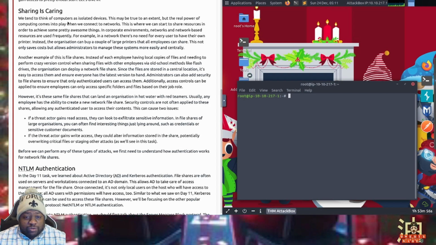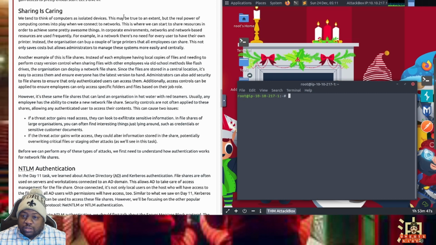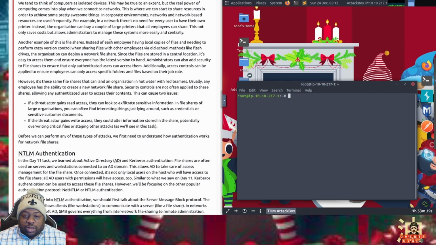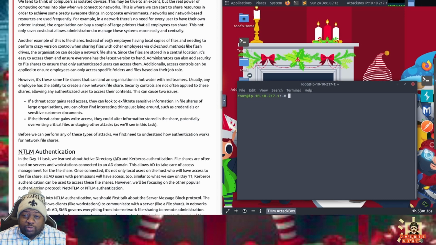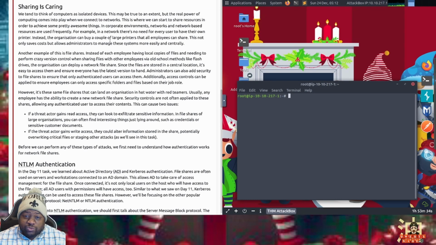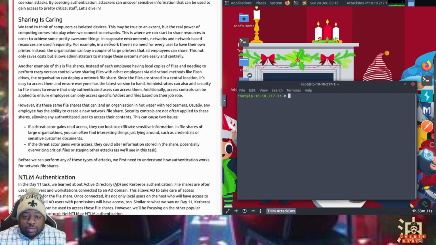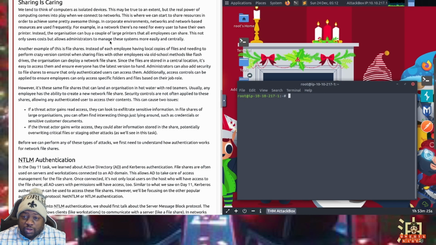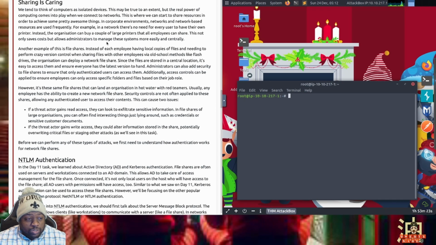So we tend to think of computers as these isolated monoliths, but they're not. We often have network-based resources where these computers are talking to printers, they're talking to file share servers, they're talking to application servers that connect to databases with corporate information, or if you're in government, databases and things like that.